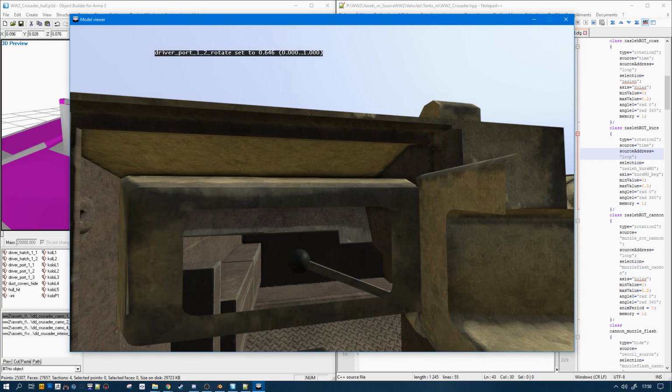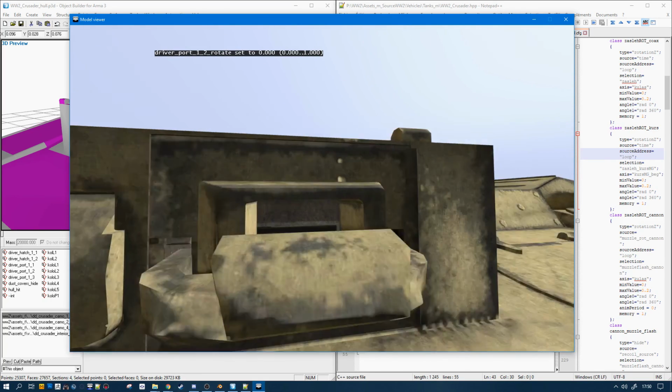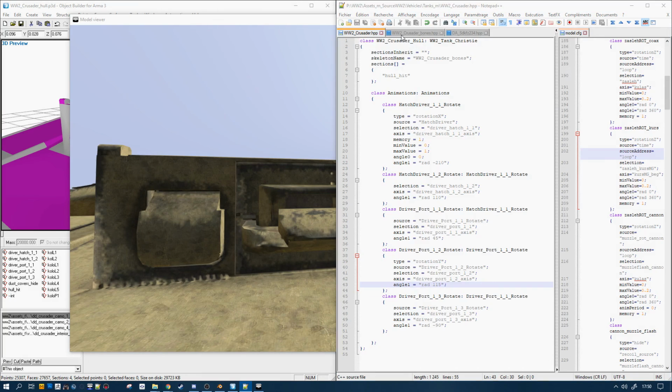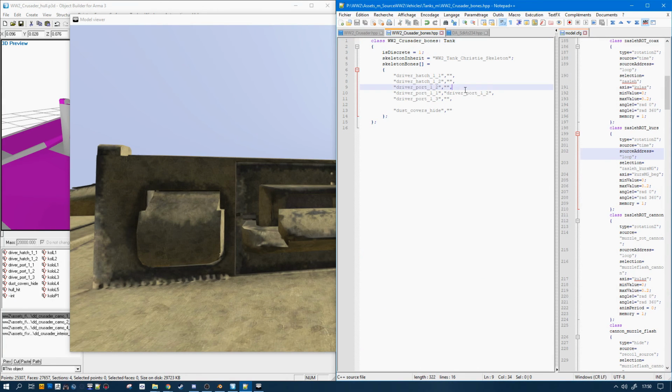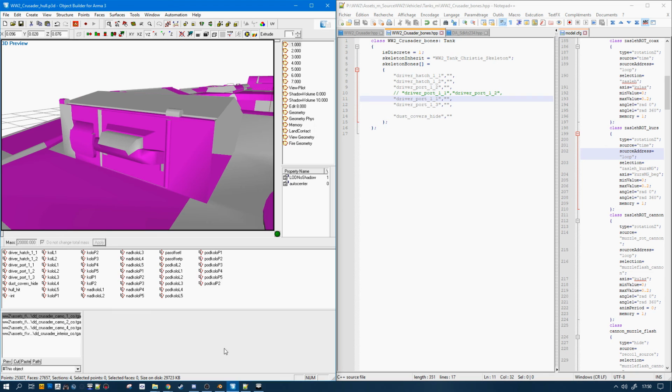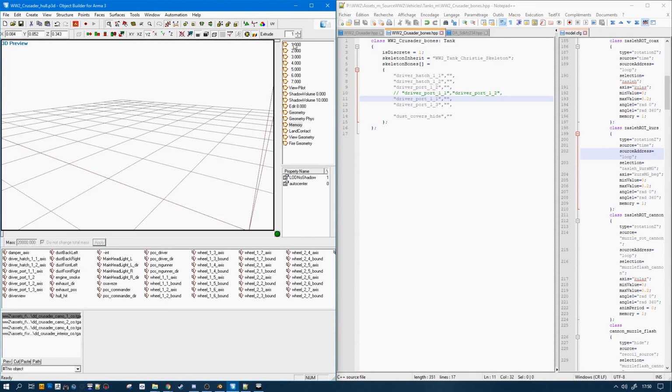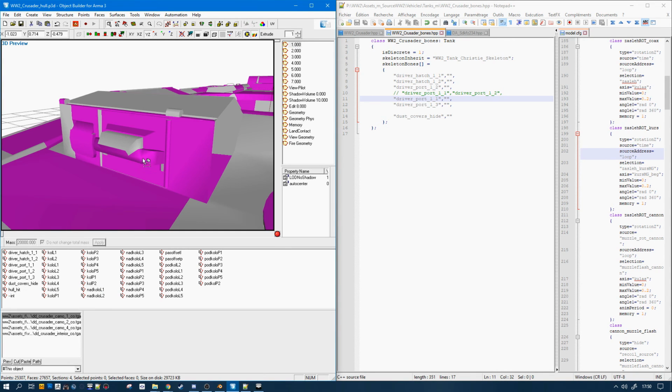Or number two, the name selection is not bound by the skeleton, because if you get back here and do what I told you right before, remove the inheritance, and rebuild it, we'll see that the wall isn't going to follow.